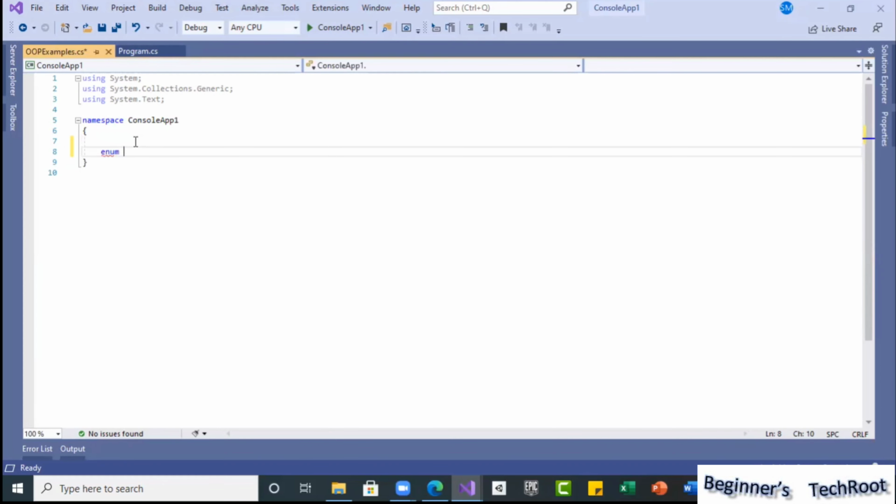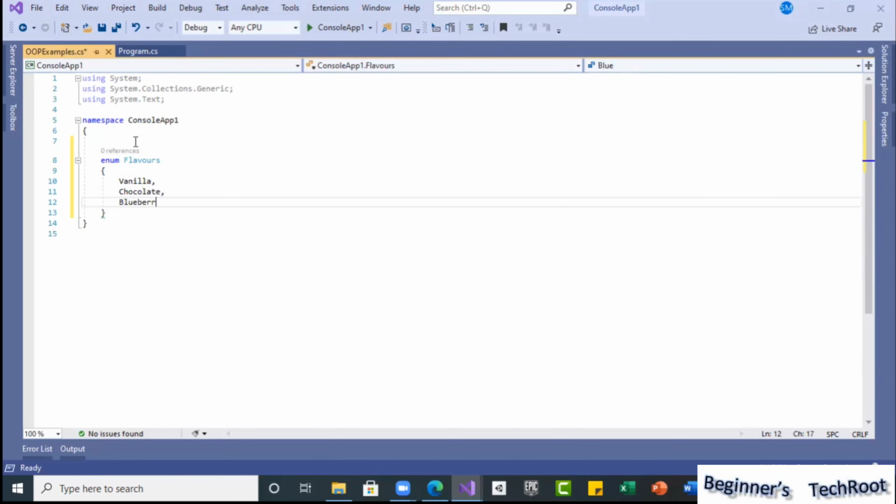For that, I am going to start with the enum keyword and then Flavors. Flavors is the enumeration I am going to define, and here I am going to give various flavors like vanilla, chocolate, blueberry, butterscotch.